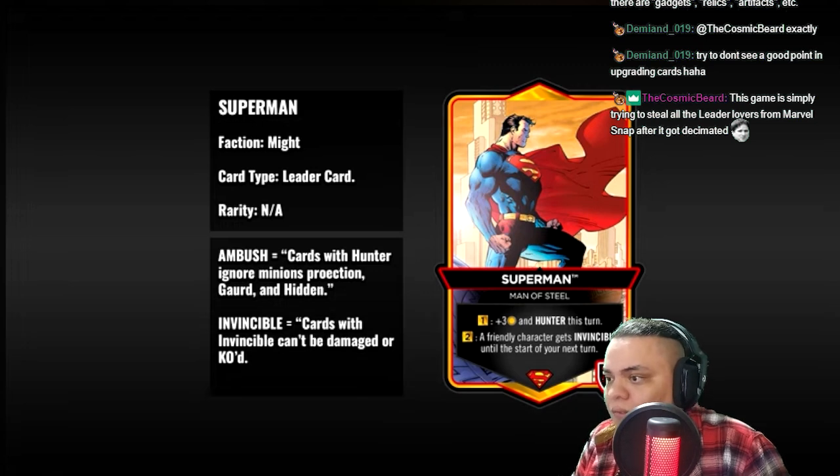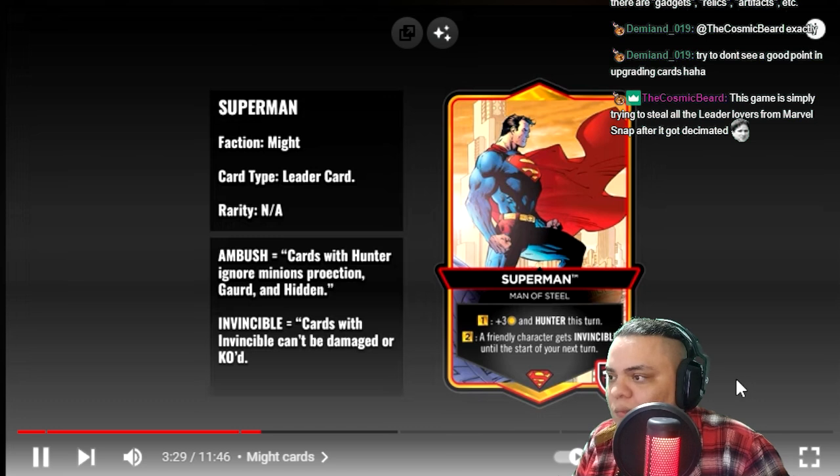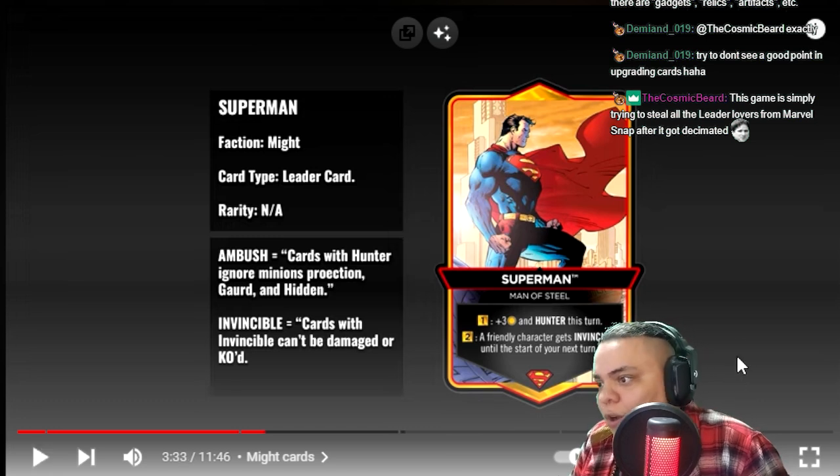His 2 abilities are +3 attack and Hunter this turn. So Hunter ignores protections. So protections are things like...